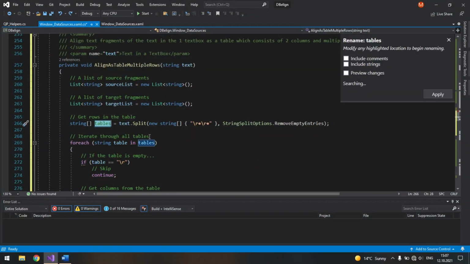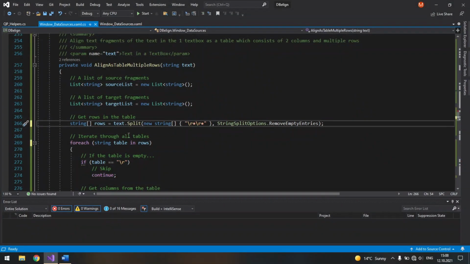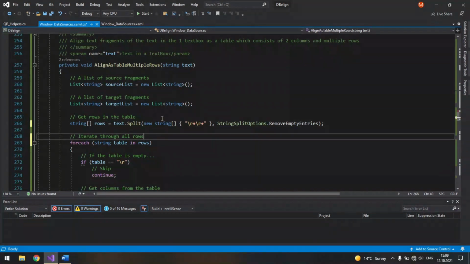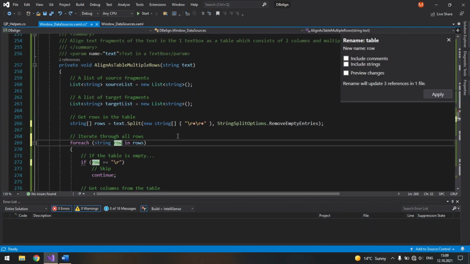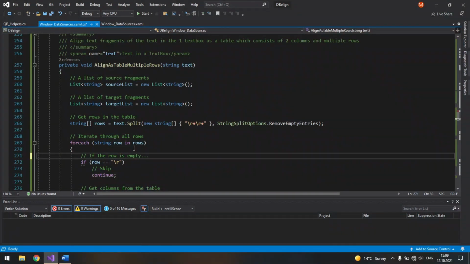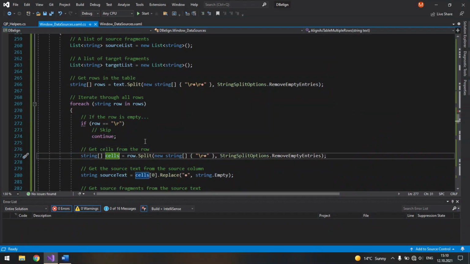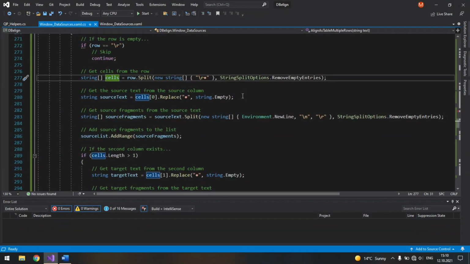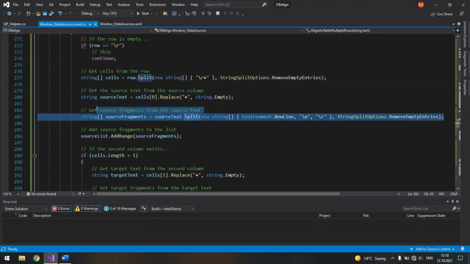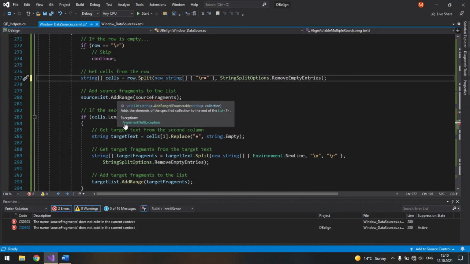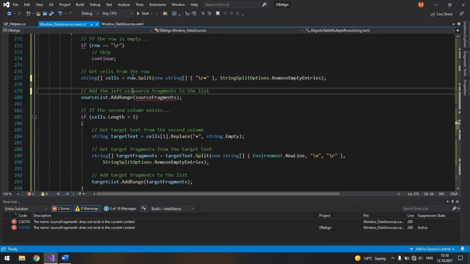So we have rows and we iterate through all rows, and here string row, and if the row is empty, and we get cells from the row, and here string cells. But here, instead of processing the text and dealing with its fragmentation, we simply add the left cell to the source fragments list.